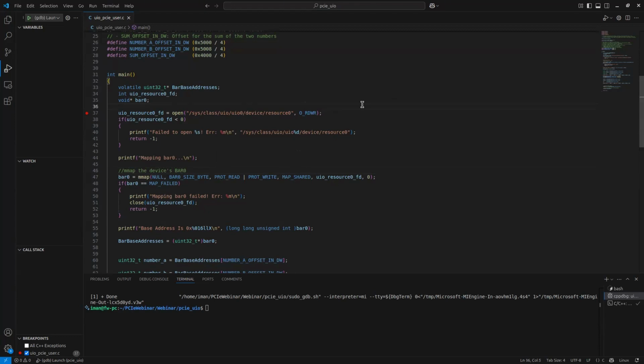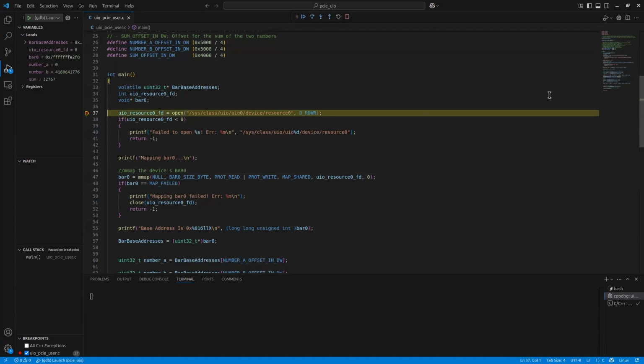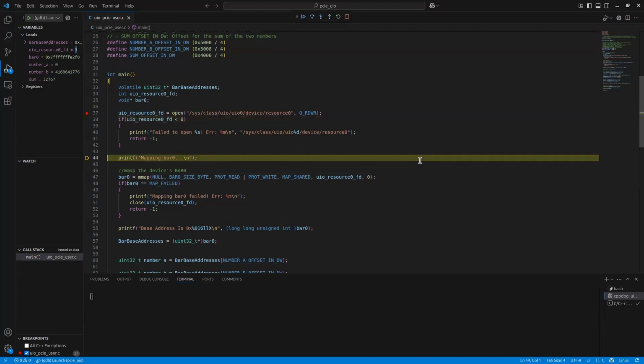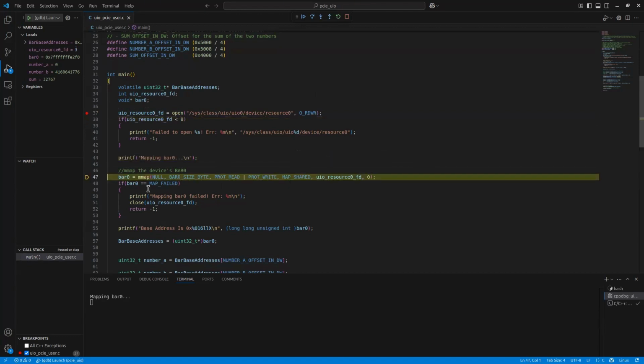If I run this project in debug mode, here you can see that I already opened the handle. And here I run mmap. In my mmap, I use null as the first parameter because I don't want to force the mapping address. I will let mmap allocate any offset in my virtual memory.